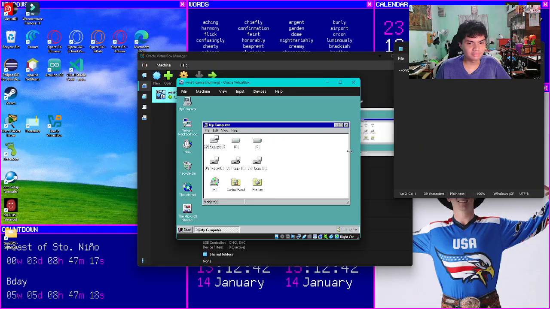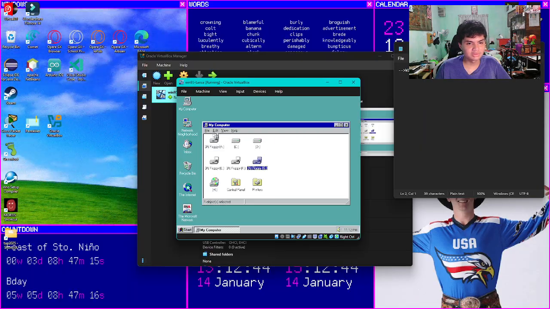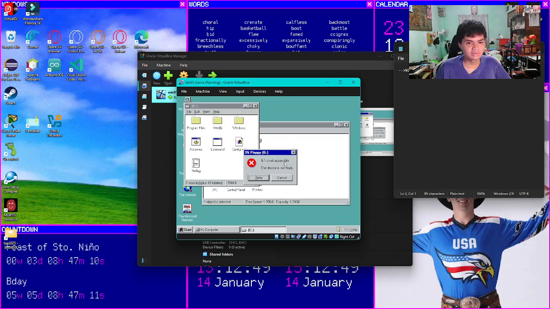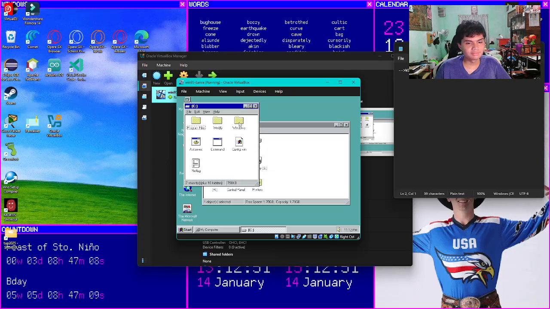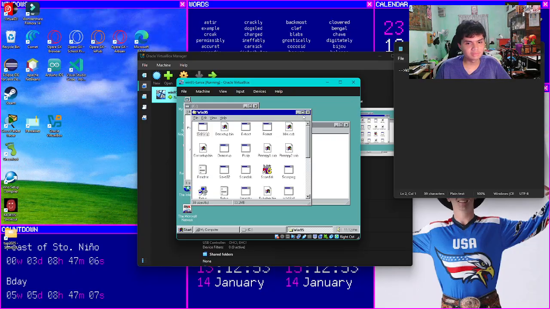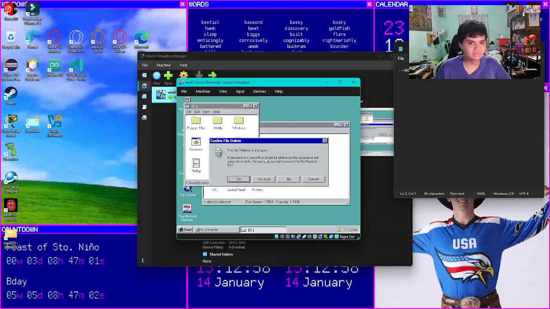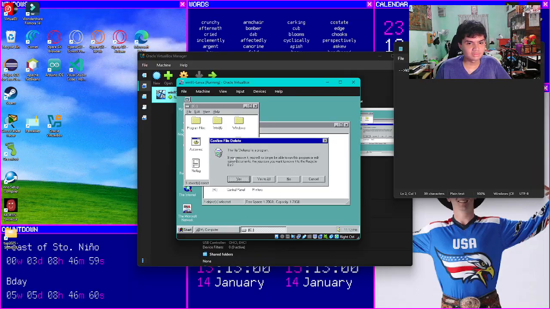You see we have everything here, the floppy disk drive, and the other drives. You can now delete this setup bin by the way, to save space.